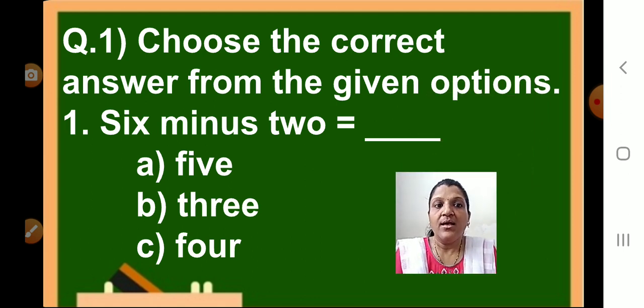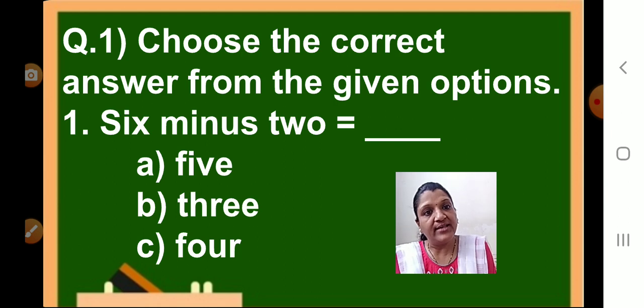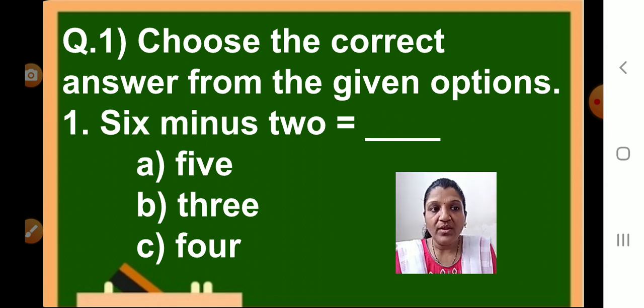So let us see what type of questions may come in the SA1 exam. Before starting, please listen carefully, children. You have to read the instructions given in the exam very carefully. Then you have to read the question carefully and then read all the options given. Because like last exam, in this exam also you have to select the correct option which is given under the question. So shall we start one by one?